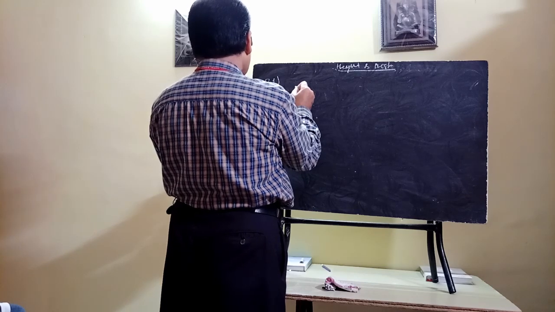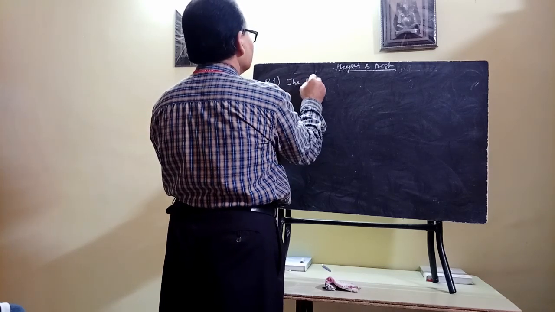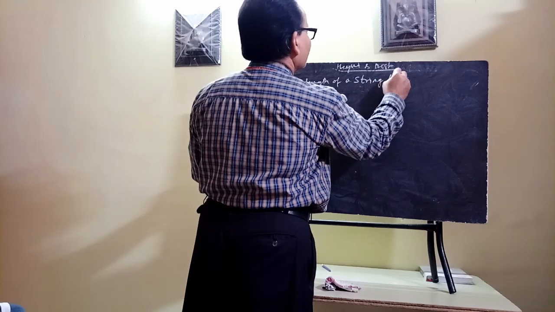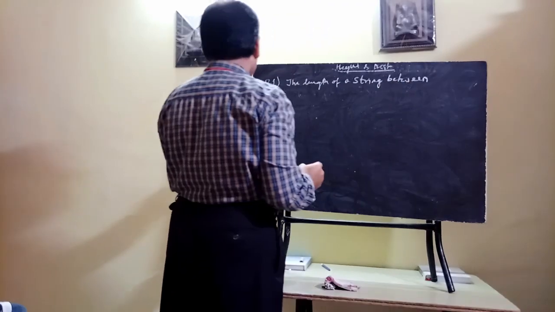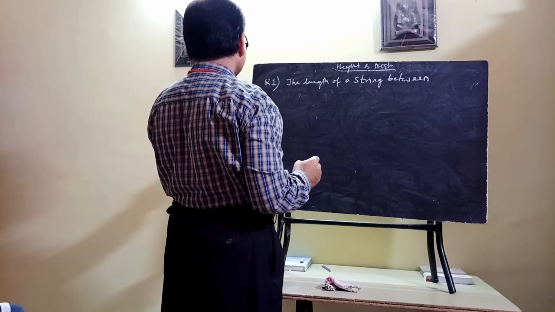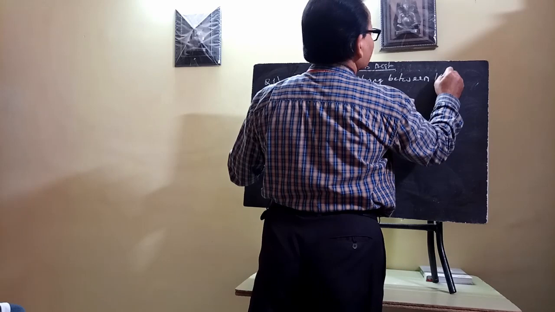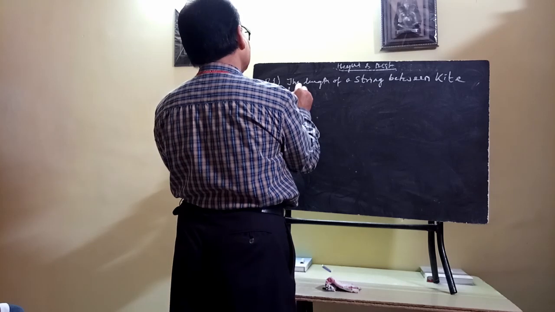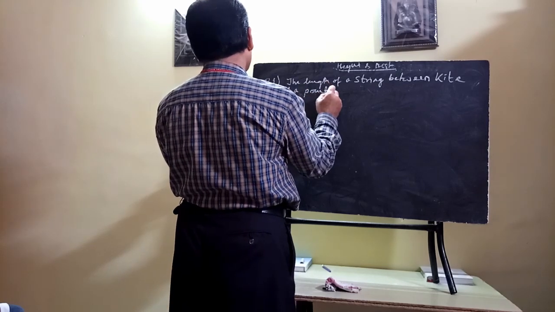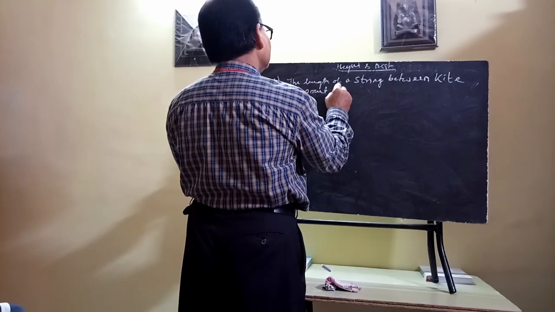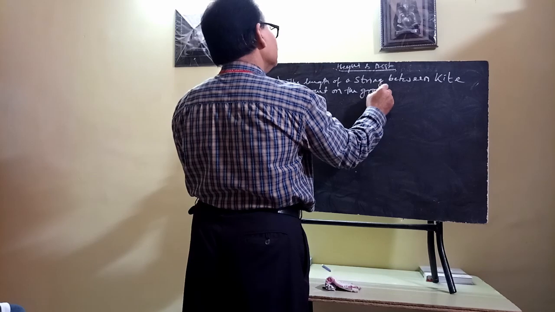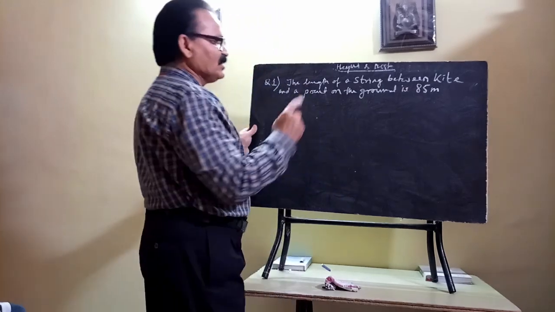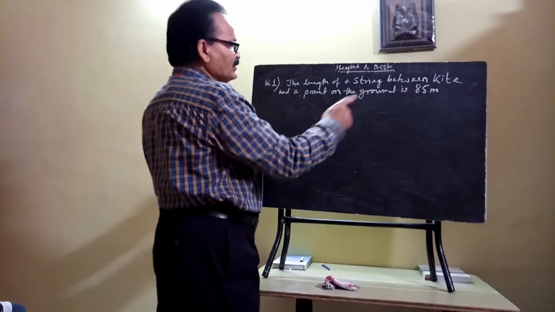Suppose the length of a string between a kite and a point on the ground is 85 meter,